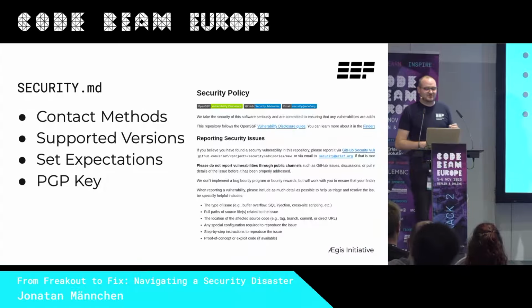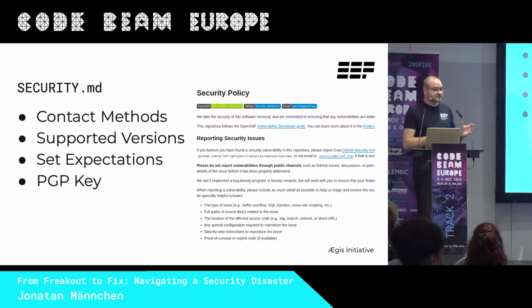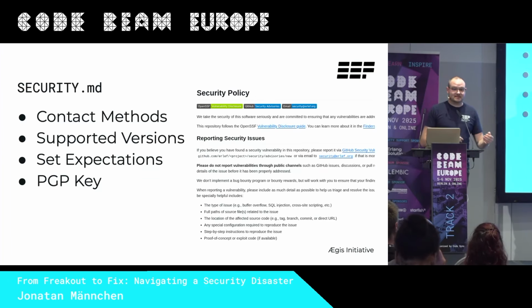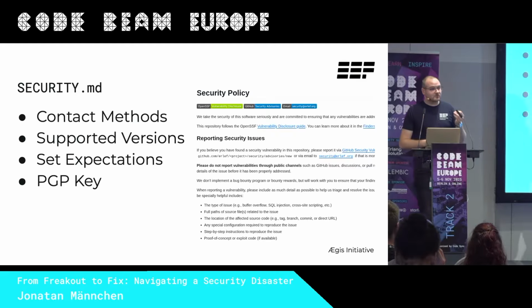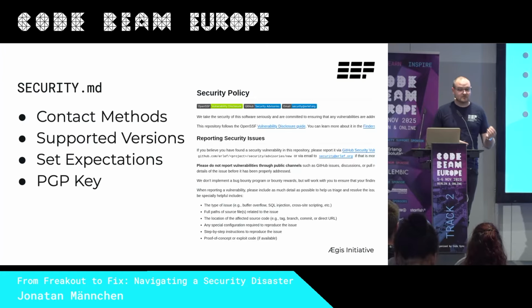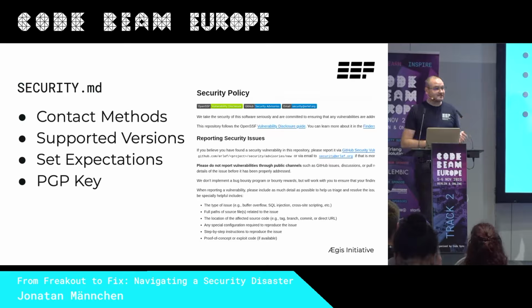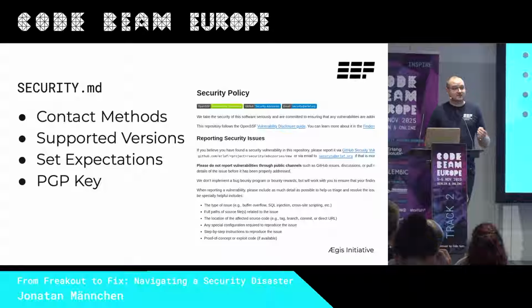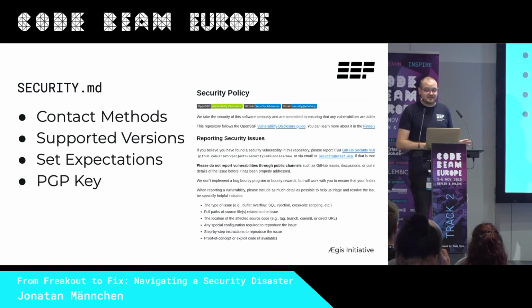List your contacts and roles, including the CNA and your core maintainers, so that we ensure the reports land in the right inbox. Also help by setting clear expectations around response and resolution. You don't need exact service level agreements or anything like that, but you should indicate generally what reporters can expect in terms of acknowledgement and follow-up. Finally, I recommend including a PGP key as well, or a fingerprint, so that sensitive details can also be sent via insecure channels like email, if people don't want to use your advisory tool. With these sections in place, you'll be ready next time and you don't have to scramble to figure out who does what.